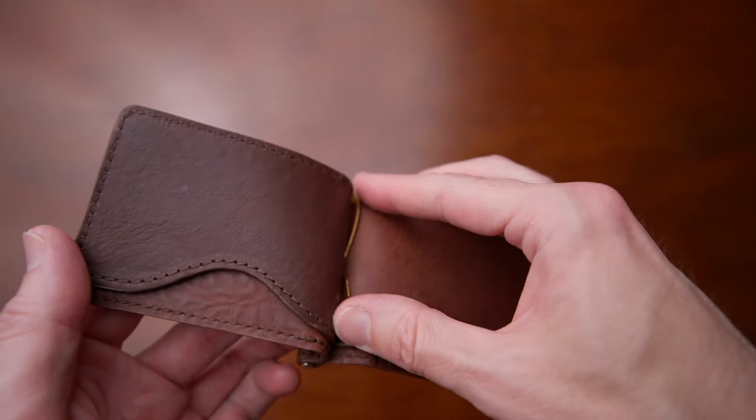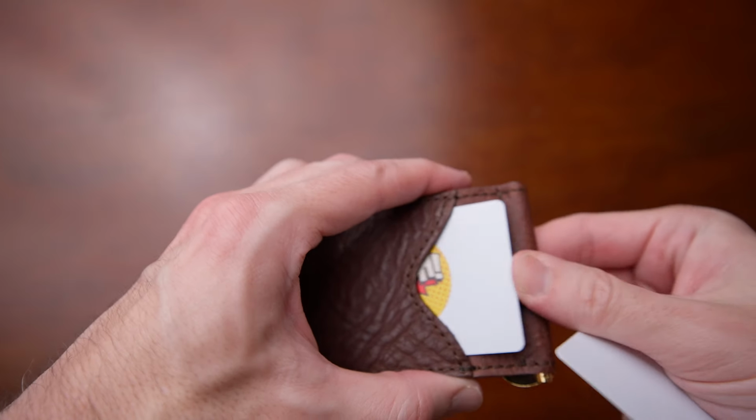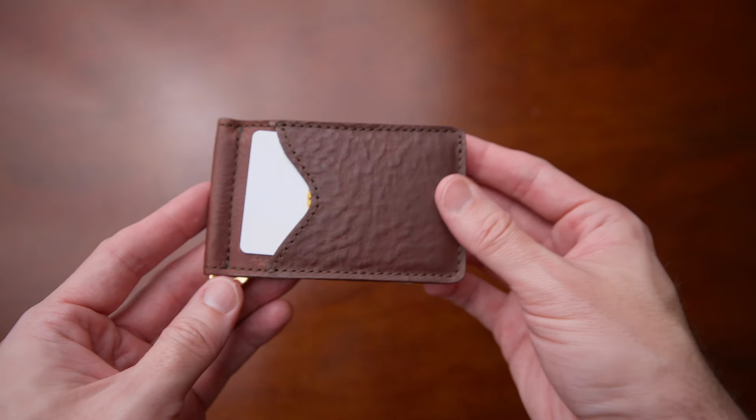There are 4 slots on this wallet, and if you give it some time to stretch, you could fit 2 cards in each slot, doubling your size. But it will add a little bit of thickness though. But I like that it still remains pretty thin even when you put all 4 cards in the wallet. I think one of my favorite parts about this wallet is the little clip on the inside there